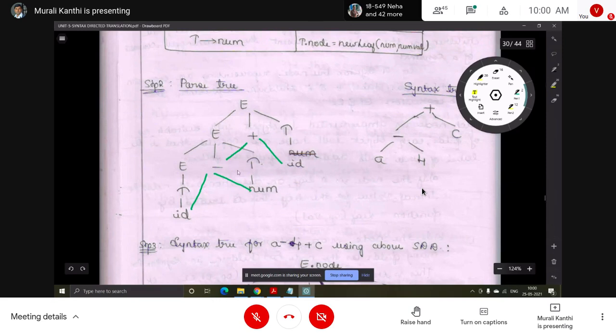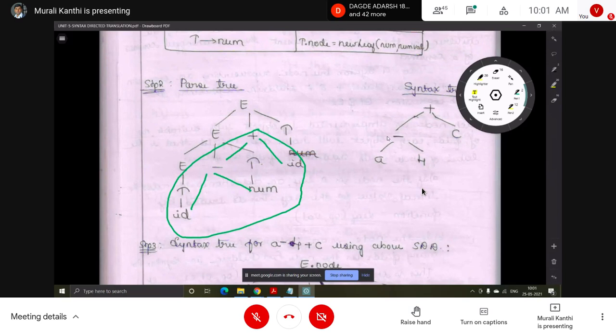This is a compressed or condensed form of the parse tree. So this is the syntax tree. The remaining will be simply removed. In the parse tree we have to represent all; we have to show all non-terminals and terminals. But in the syntax tree, only the operators and operands, whatever is there in the expression. So actually, what is the expression? A minus 4 plus c. So if the question is asked to create the syntax tree, do it like this. For the parse tree, you have to show all the productions.